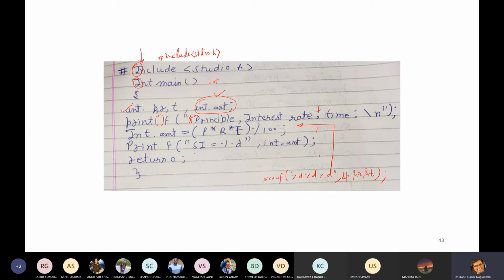Fine. After that, interest, your interest is not very interesting. I mean, you are not interested in this interest, I think. Here also some space is there, here also some space is there. What is this? Sir, it is input amount.